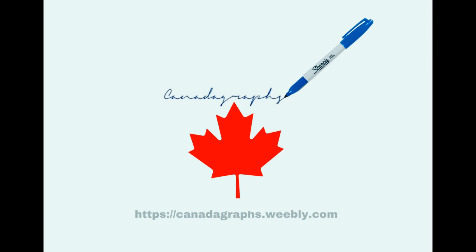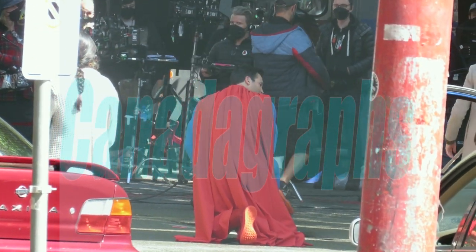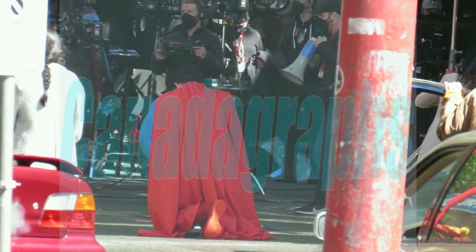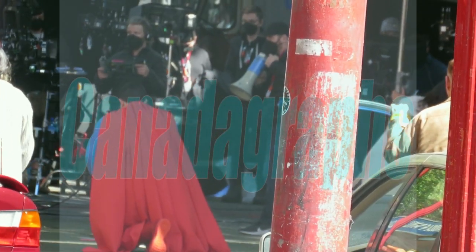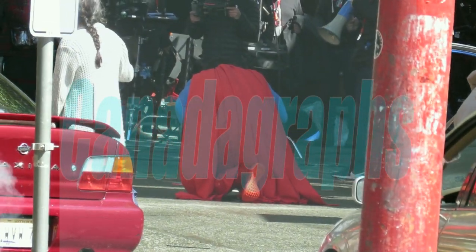This is a set report for Superman and Lois, episode 11, season 1. This was filmed a few weeks ago in the downtown Eastside of Vancouver. Most of what you're going to see in this clip is from the back. There is a scene later in the clip where we actually do see him turn around for a moment, but